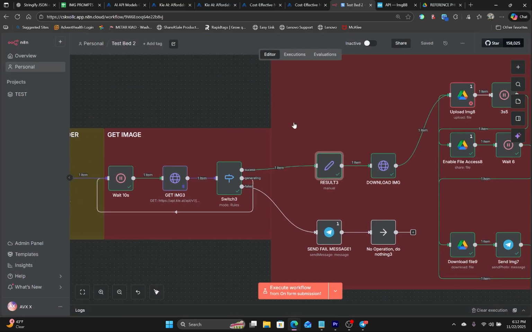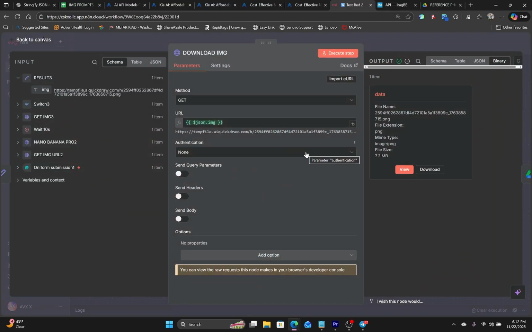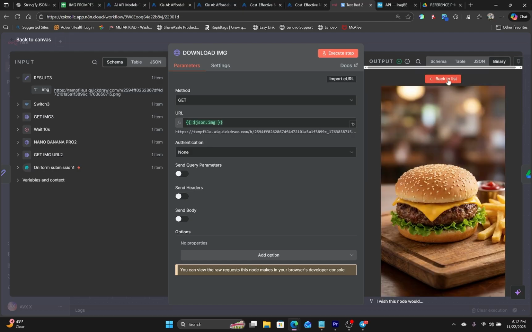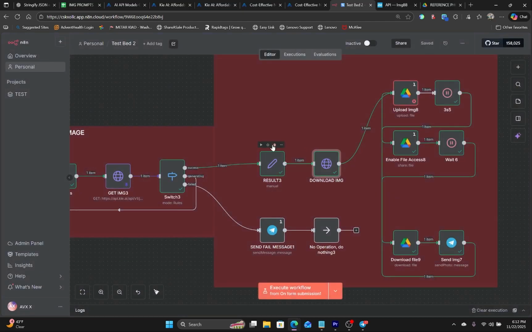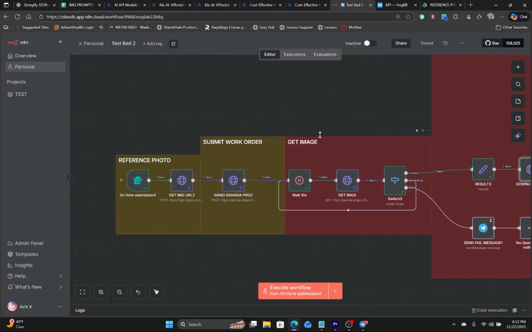Okay. After that, to download the image is really simple. All you need is a GET HTTP request node to download the image. And this is exactly how you can use form submission to submit an image to Nano Banana Pro to